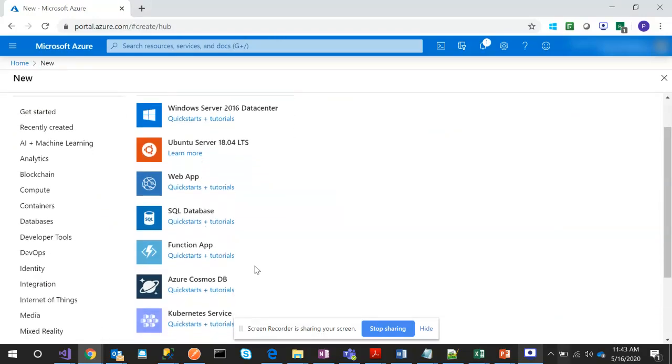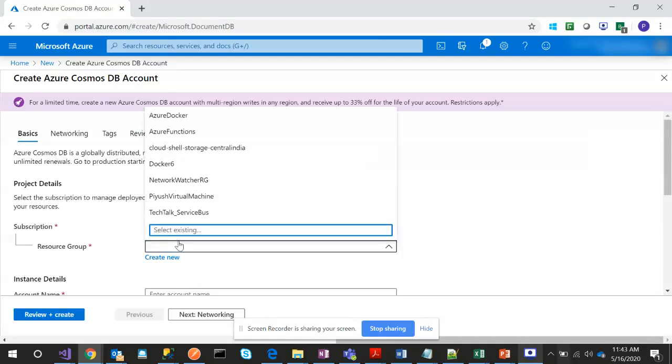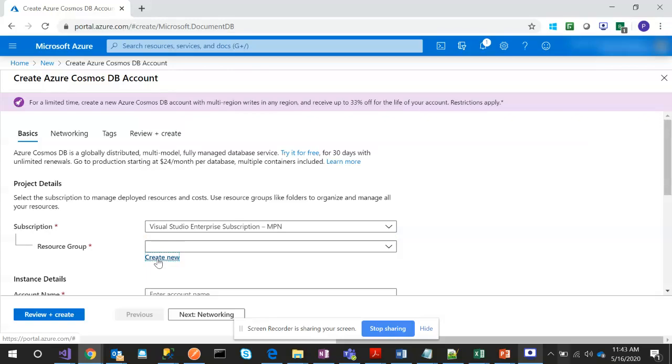So you can see that Azure Cosmos DB is one of the featured application services. Let's create. As you might be aware, a resource group is nothing but a logical group of resources in Azure. So I'll create a new resource group over here.